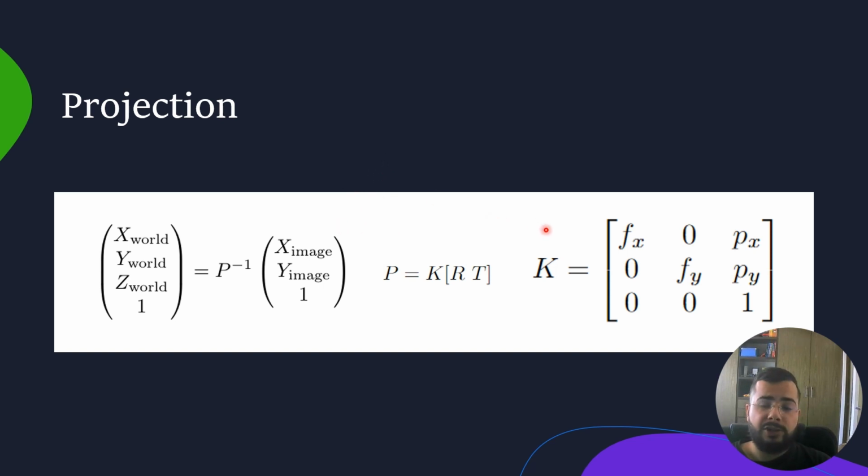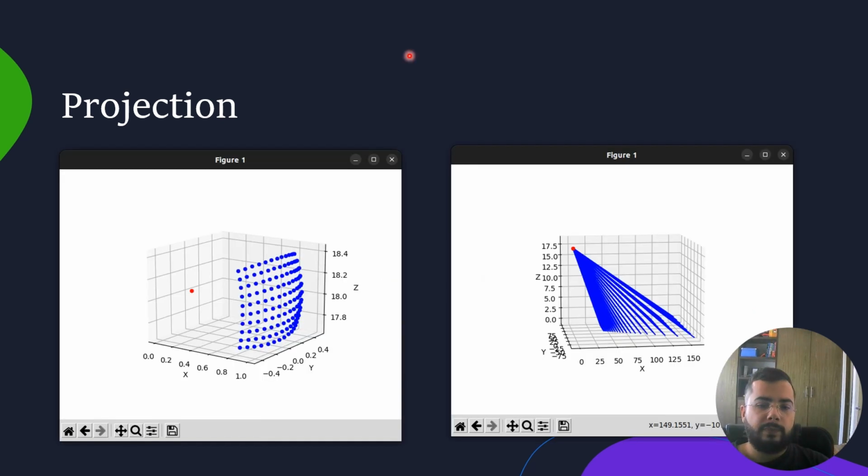The intrinsic parameters of the camera are defined experimentally with calibration. With this projection matrix, we can project each one of the pixels in the camera into the 3D world like we see right here. And if we continue the points into infinity, we can also understand where they intersect in a plane. We can use this information to know where the points of the YOLO box intersect with the plane